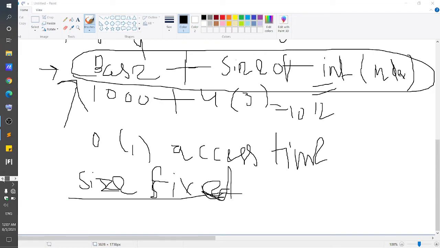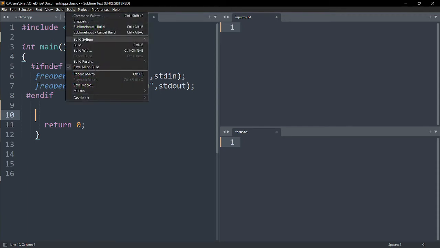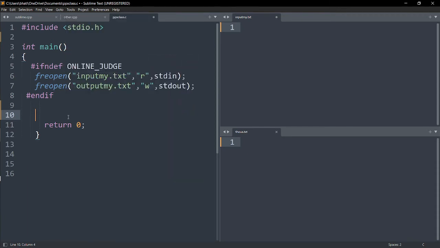Now I will show how we can implement that in C language. So you can ignore this part. This is not important. It is just meant for input output, and you don't have to write it in your code if you are using some other editor other than Sublime. And even if you are using Sublime, you need to first of all make a similar setup as I have and then use it. So anyways,